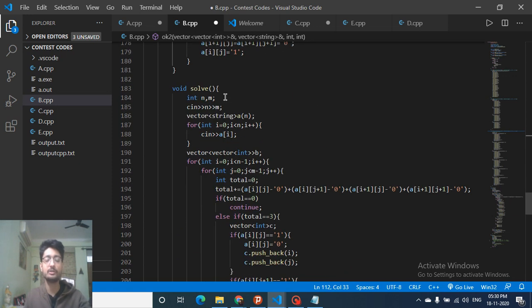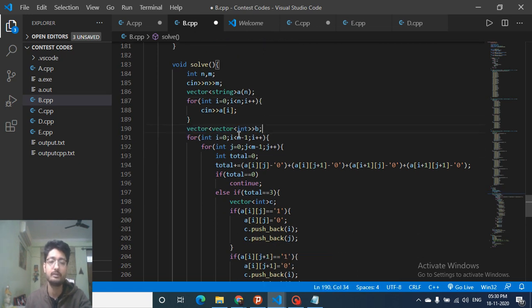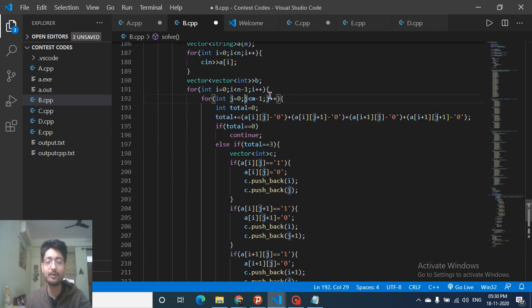So this is the solve function of n and m. I will also put the link to this code in the description box, so you can also watch it out. So this is n and m, this is the string itself, and this is the path, the string which I will store, so this is b. Then I will iterate over all the squares, so i from 0 till n minus 1 and j from 0 to m minus 1, as I told you earlier. Then I will count how many bits are on in the particular square, the total number of bits on.